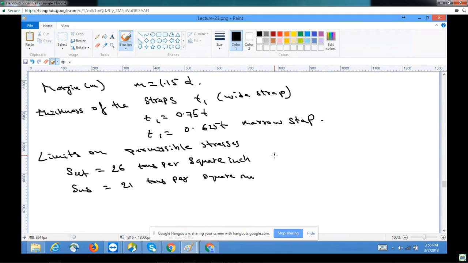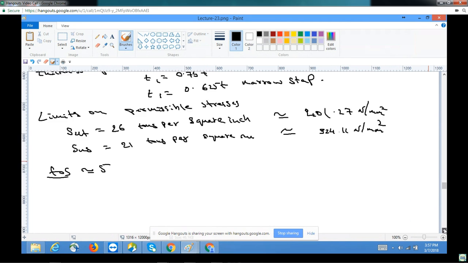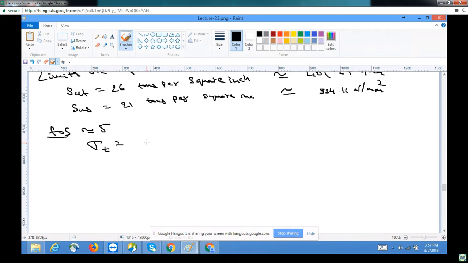That comes out to 401.27 Newton per mm square in SI unit. This comes out to be 324.11 Newton per mm square. And generally a factor of safety of an order of 5 is applied, then your permissible sigma t would become 401.27 by 5 equals 80.25,